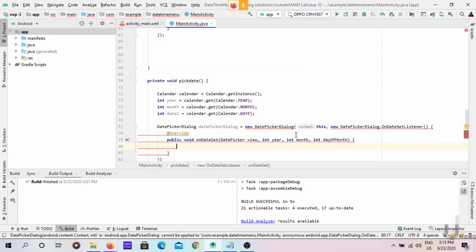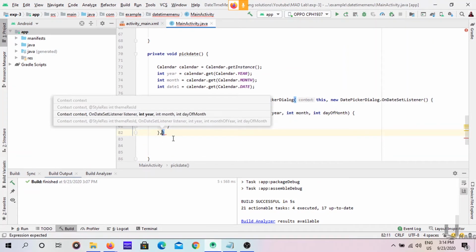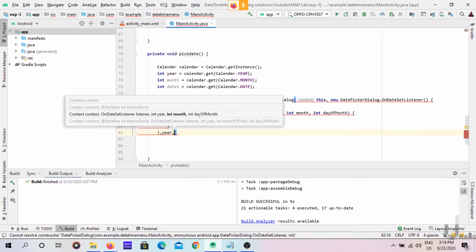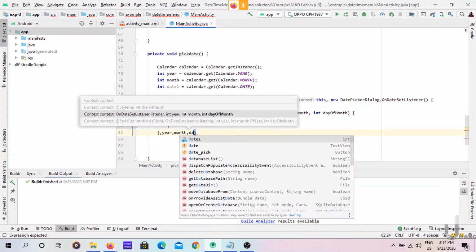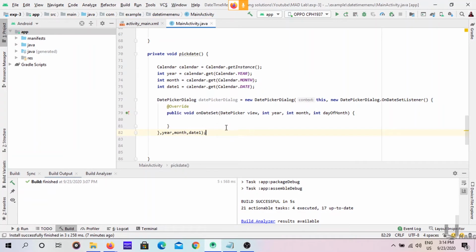So we have given the first one as the context and the second parameter as the listener, the on date set listener, and the third parameter is year, the fourth parameter is month, and the fifth parameter is date. So these are the 5 arguments we have to give.